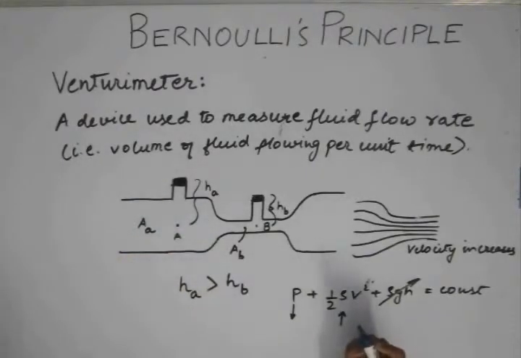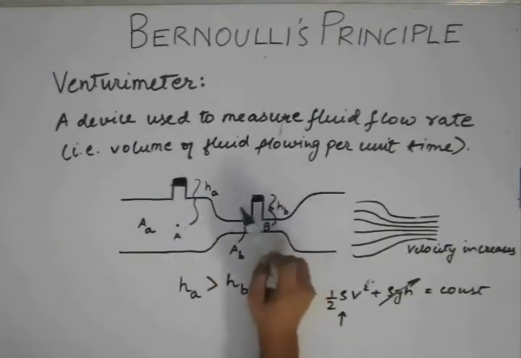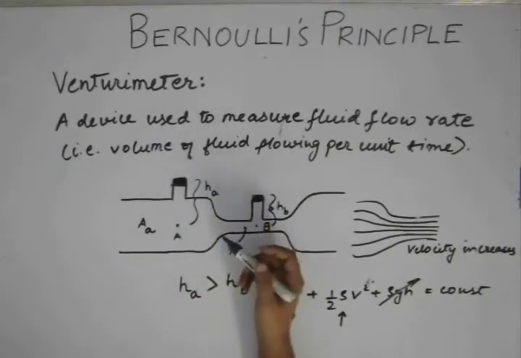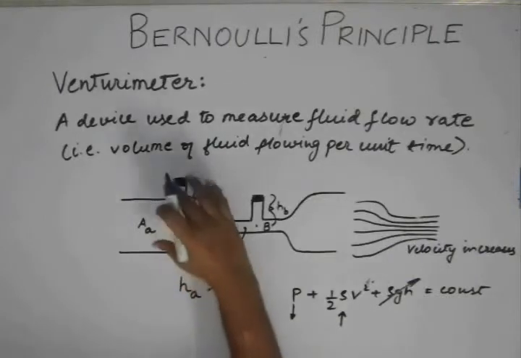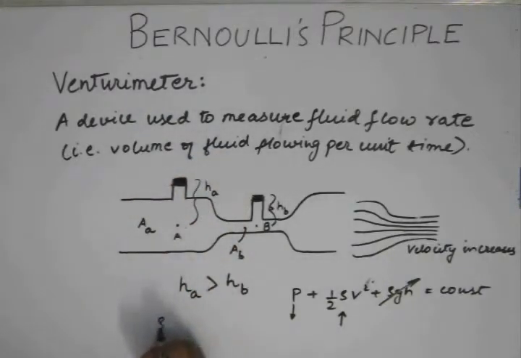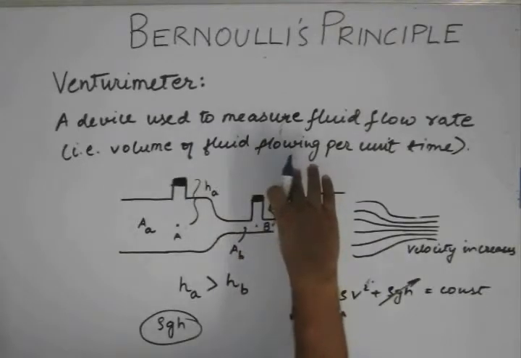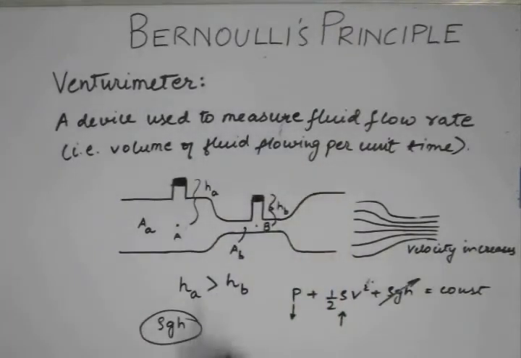This is the general concept. So if the velocity is lower here, then this height has to be greater than this height because this is something like a fluid column. The pressure here has to depend on the pressure here. If the pressure here is higher, this height is going to be greater because pressure is this quantity. If this height is increasing, pressure is increasing. So this height hA is going to be greater than the height hB. This is our first situation.